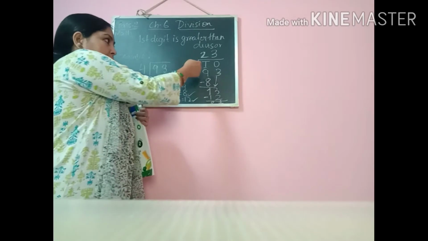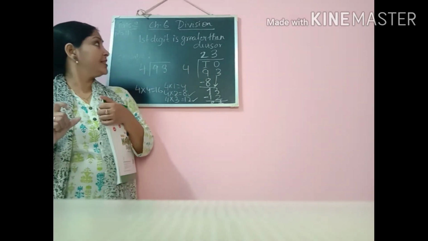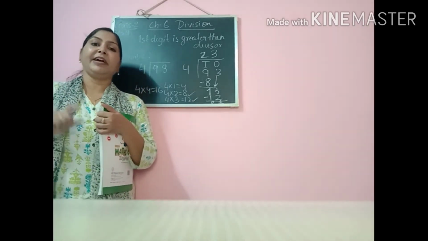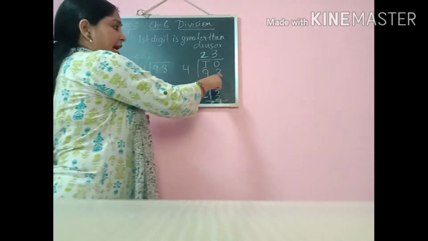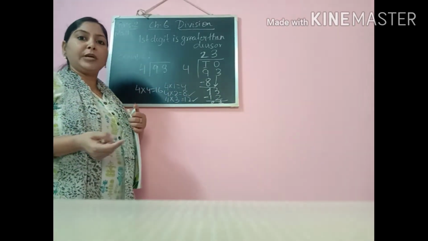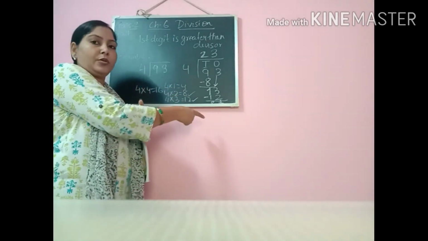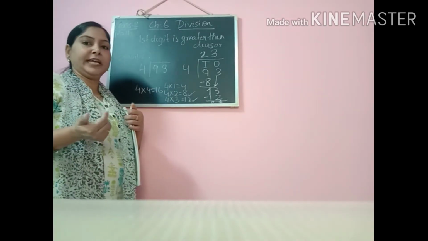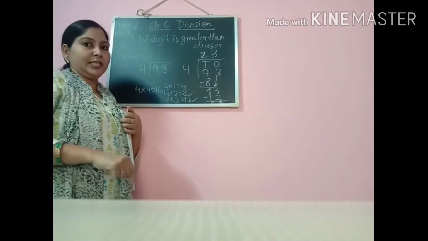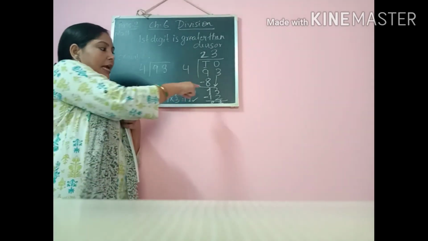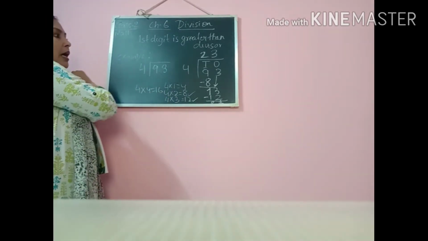The first digit can be greater than the divisor, but later on when you go on dividing, you will find, for example, had it been 2 here, then it would have been divided exactly by 4. We can divide 92 directly and exactly by 4. But since it is 93, it is not exactly divisible. Some remainder is left over. Okay, so this is how we are going to do the question.